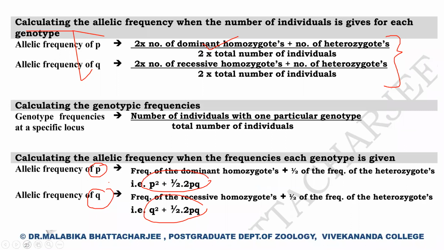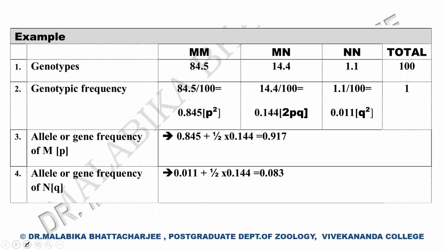Let me do one example with you today. There is this data given. There is a group of individuals having the MM allele. So there are two alleles in the system, the M and the N. Now let us imagine M is p and N is q. So in a very small table, you can do that. It is very neat and clean.